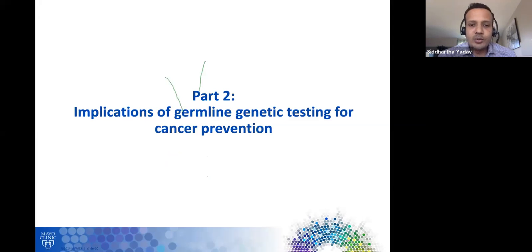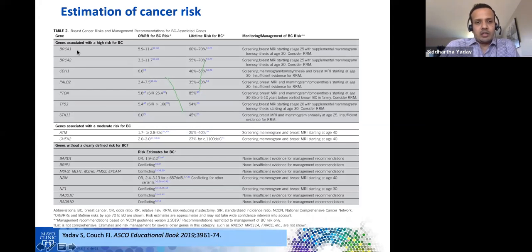Okay, so let's move on to part 2 of the talk, where we talk about the implications of finding this from a cancer prevention perspective. This is mostly for women or men who do not have cancer. Since we are mostly talking about breast cancer, this is mostly about prevention from a breast cancer perspective. So, going back to the same table, for most of the high-risk genes,